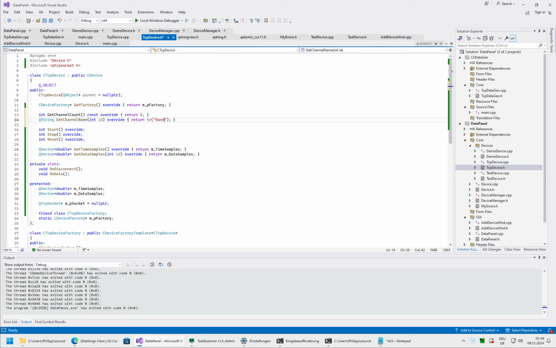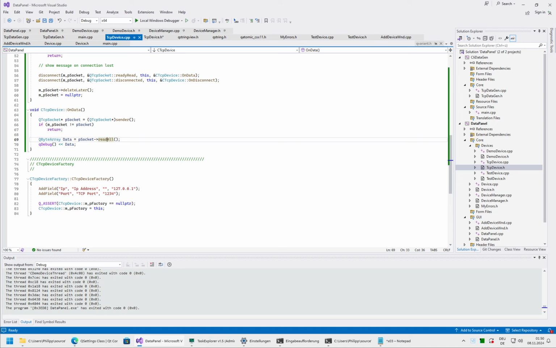Yeah, we stick at the rand designation. Okay, so it might be very, what's the English word? Verlockend, tempting to just handle here what we get from the socket, but we must remember that this is a TCP